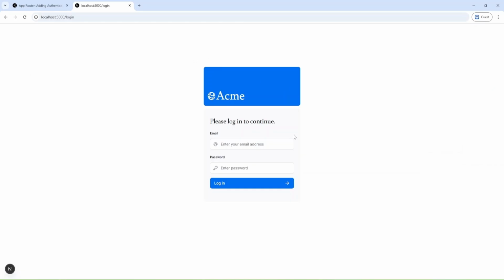And as you can see, I have a login form and I can provide some address and try to log in, and we have some validation. Let me try test.com, and then I need to provide some password, and let's wait. Now I got error invalid credentials.